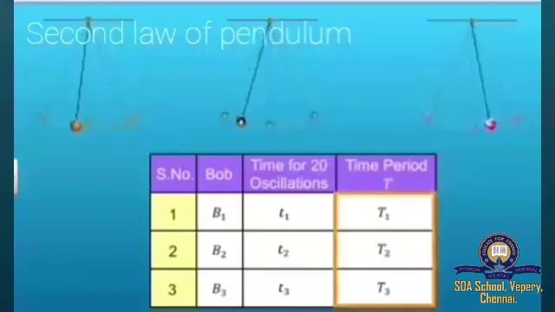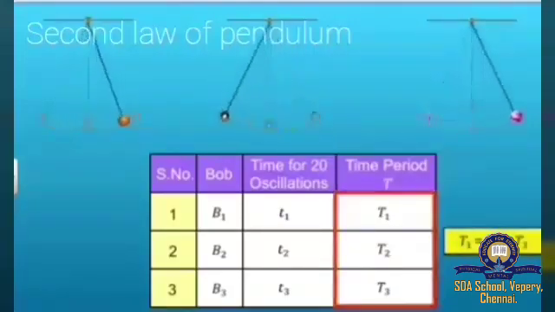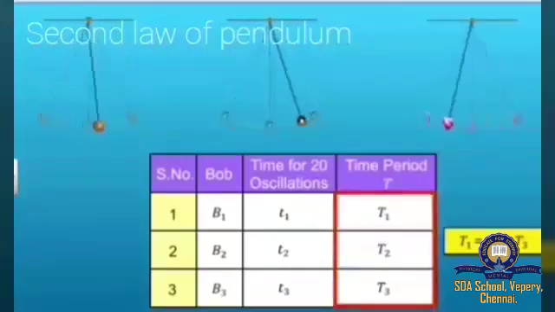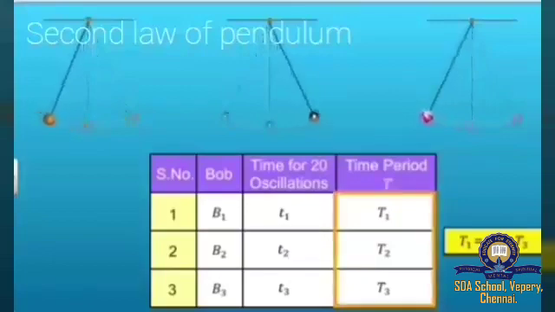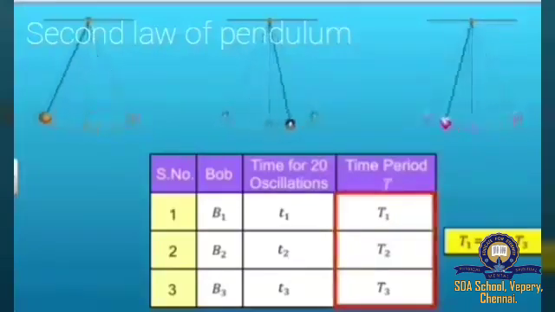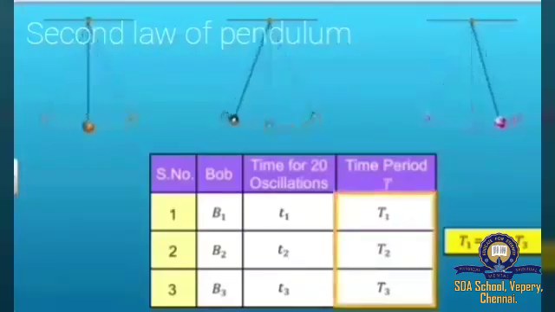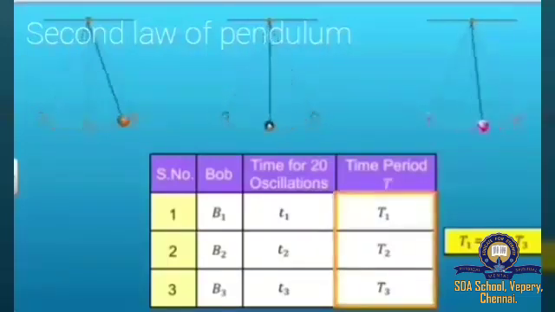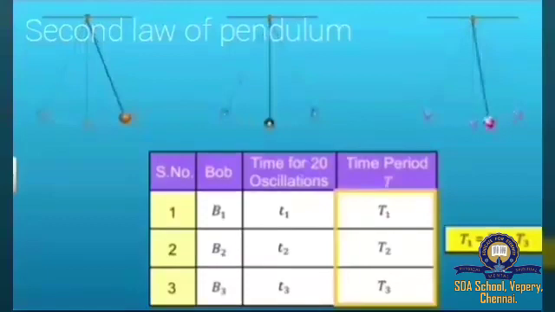You will observe that the period of the oscillation does not change with the mass and the material of the bob, provided the length of the pendulum and the amplitude are constant. This verifies the second law. From this activity, it is clearly understood that the time period does not depend upon the size, mass, or shape